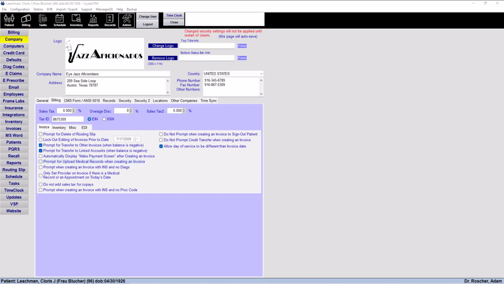Next is the prompt for upload of medical records when creating an invoice. This prompts the user if they would like to upload the medical record created for the day after creating and saving the invoice. The next checkbox is Prompt when creating an invoice with insurance and no diagnosis codes. This enables a prompt to warn the user when creating an invoice with insurance attached but no diagnosis codes are